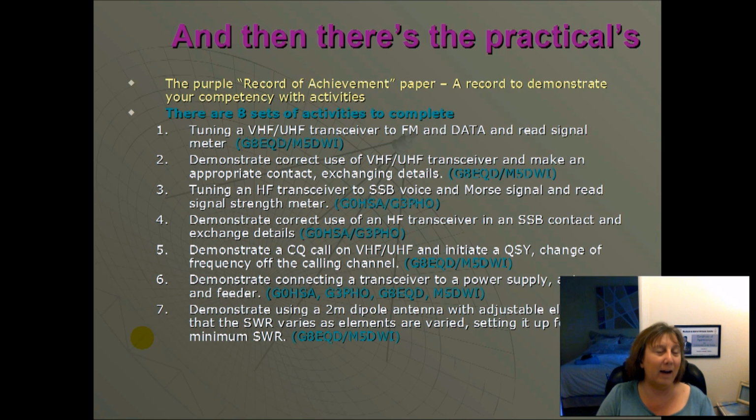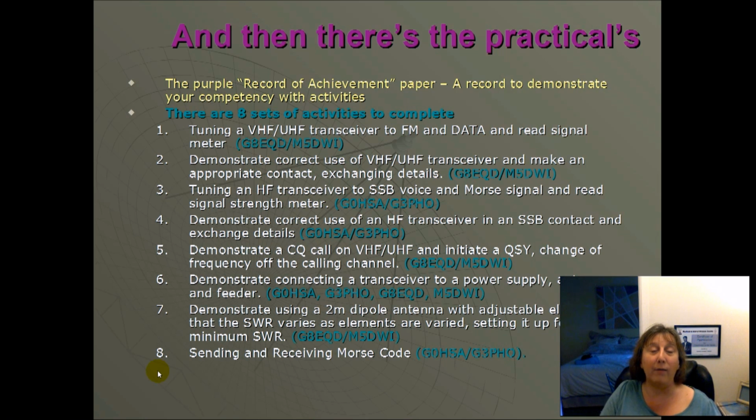What we don't say in amateur radio is "swar". It's S-W-R. That's the correct way of saying that, just to be clear. And then finally, you'll have to have a go at sending and receiving Morse code as part of the practical. Through those activities, the appropriate trainers, the correct trainers, will also show you